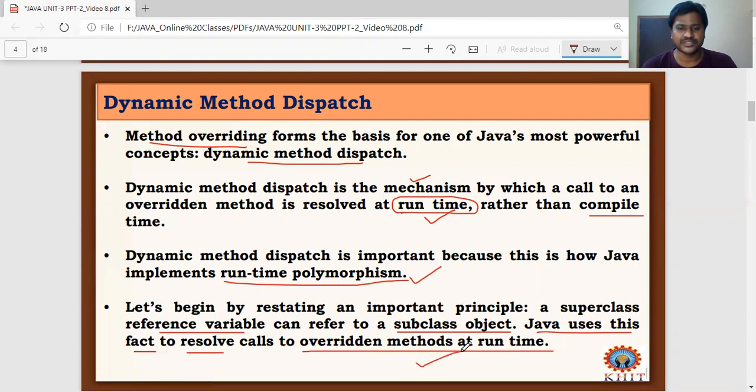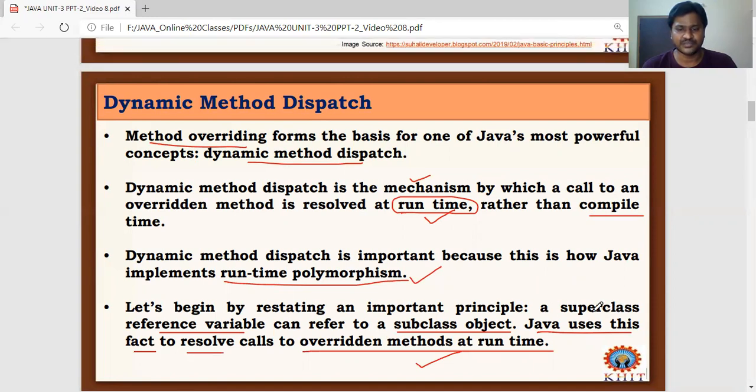This process is called dynamic method dispatch. That's why we discussed the concept that a superclass reference variable can refer to a subclass object, and we use the same process to resolve the problem that occurs when we call overridden methods at runtime. In the earlier overriding concept, the problem was resolved using the super keyword.